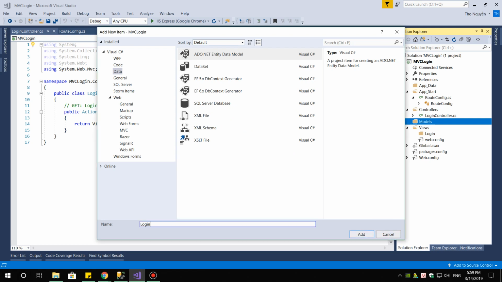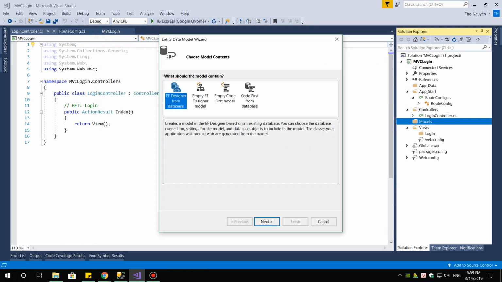Then name our model as login data model. Click on add. Select generate from database. Next,